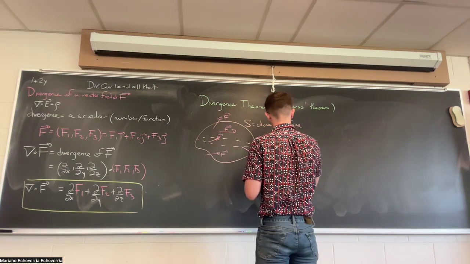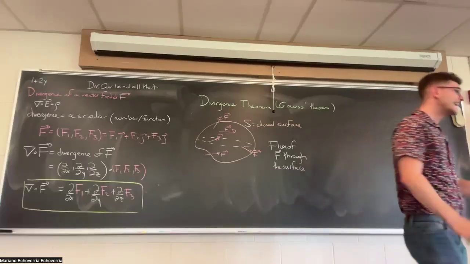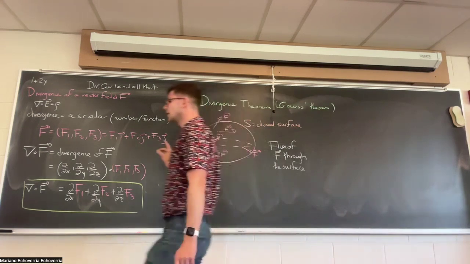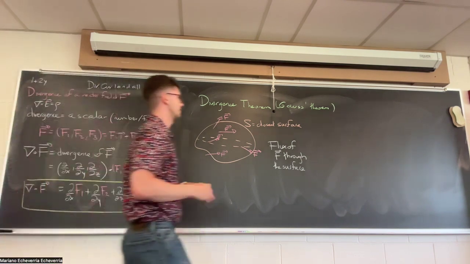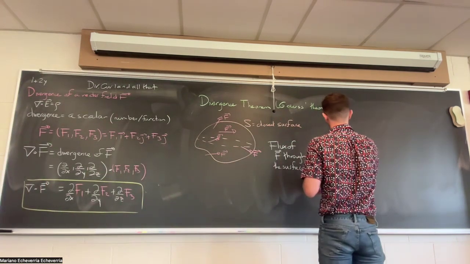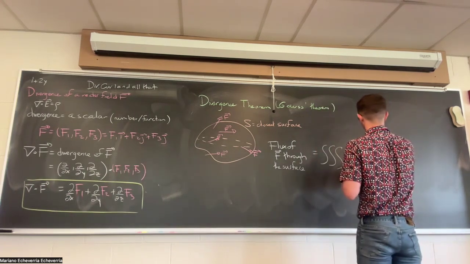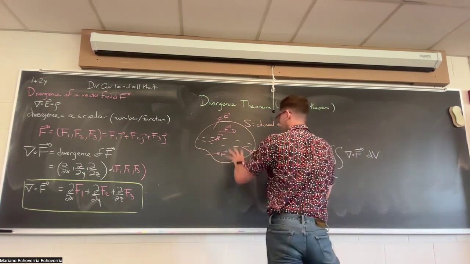through the surface, equals, if instead of doing the flux directly, which we can compute directly, and I'll show you how to do it in a second, what the divergence theorem says is that that flux has to equal the integral of the divergence of F on the region enclosed by the surface. So this is going to be equal to a triple integral of the divergence of F. And here R is the region enclosed by the surface.